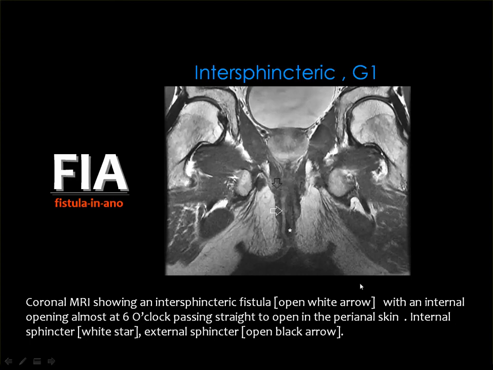And you see here, there is a linear tract of relative bright signal because this is a T2 weighted image and a coronal image. And there is an internal opening at the 6 o'clock position approximately, and an external opening